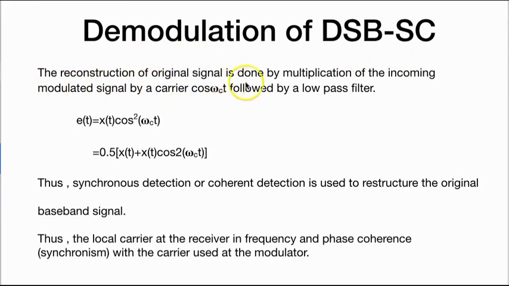The reconstruction of the original signal is done by multiplication of the incoming signal, followed by a low-pass filter. The synchronous detection or coherent detection is used to reconstruct the original baseband signal, which is in phase with the original signal. The local oscillator carrier at the receiver is in frequency and phase coherent synchronism with the carrier used at the modulator. Now we